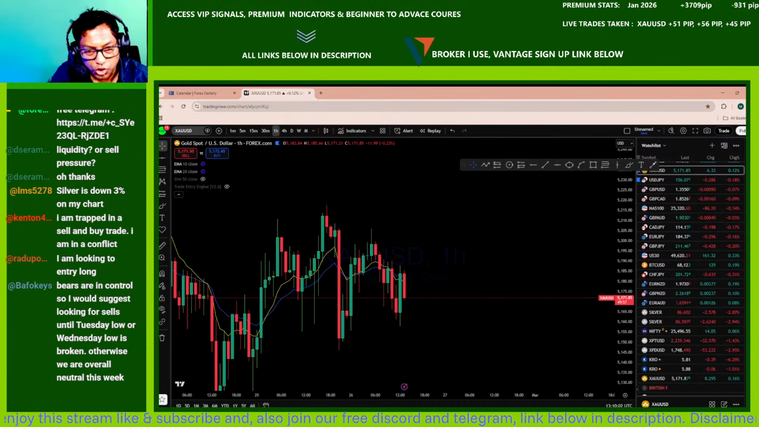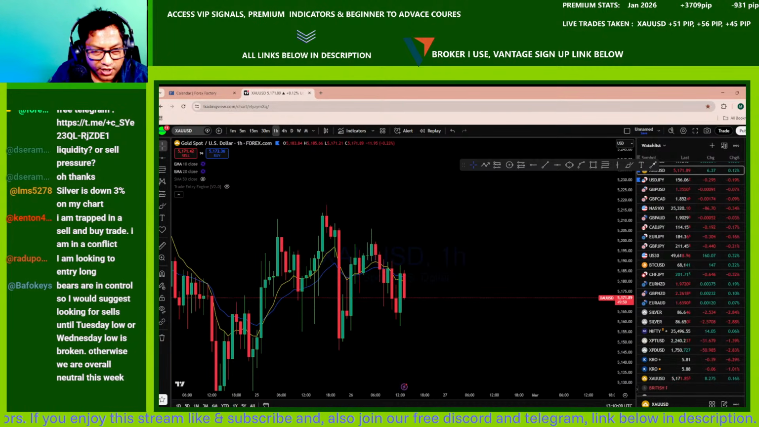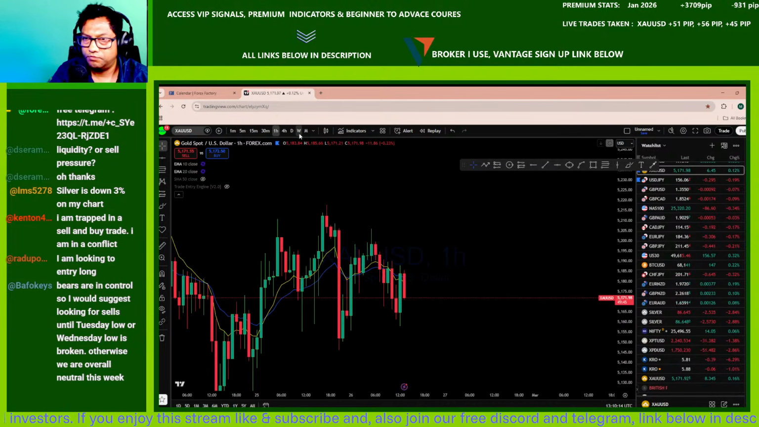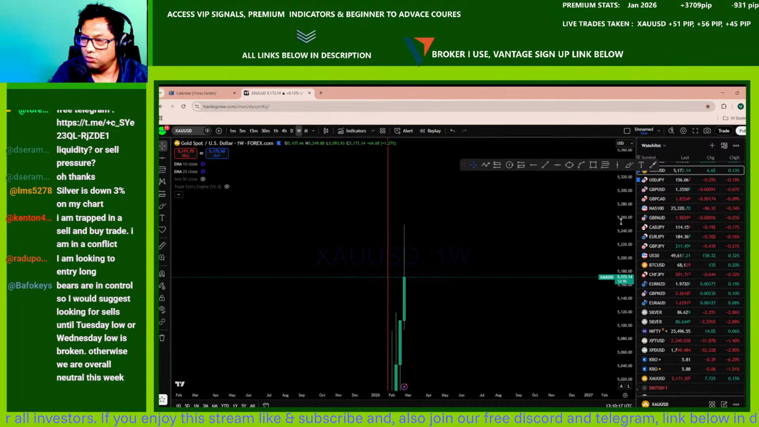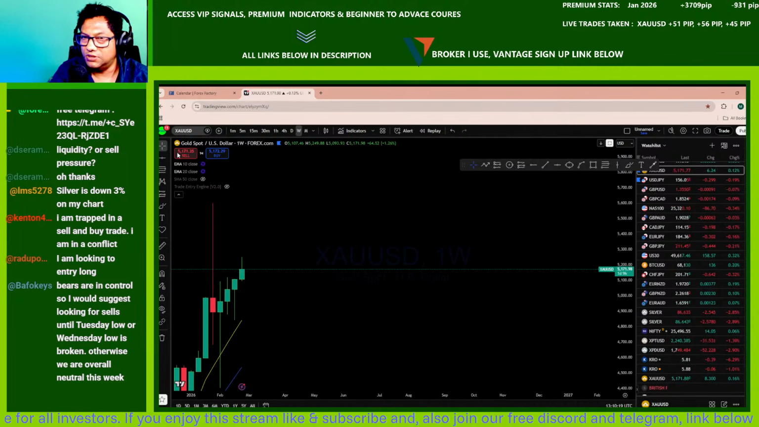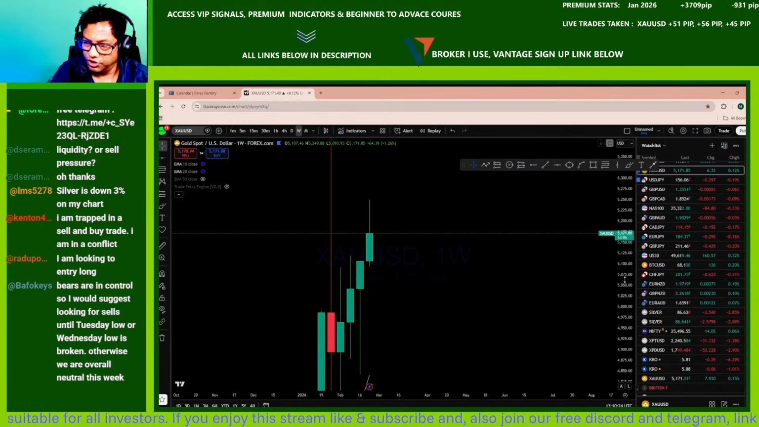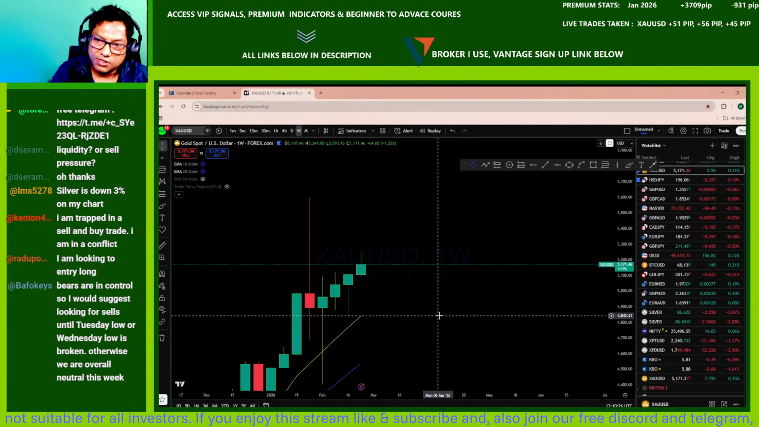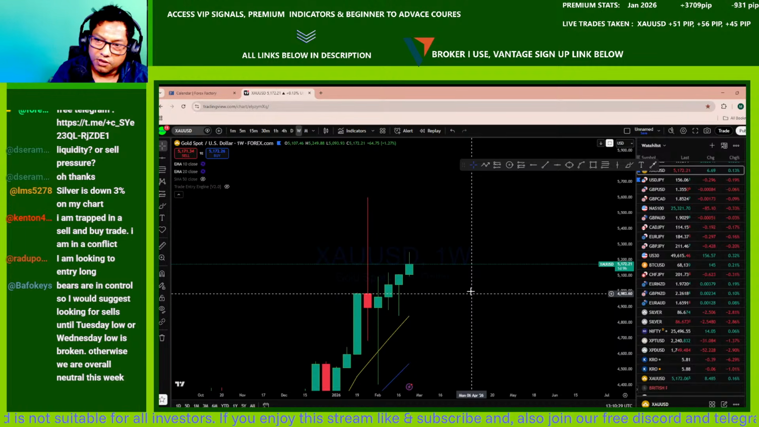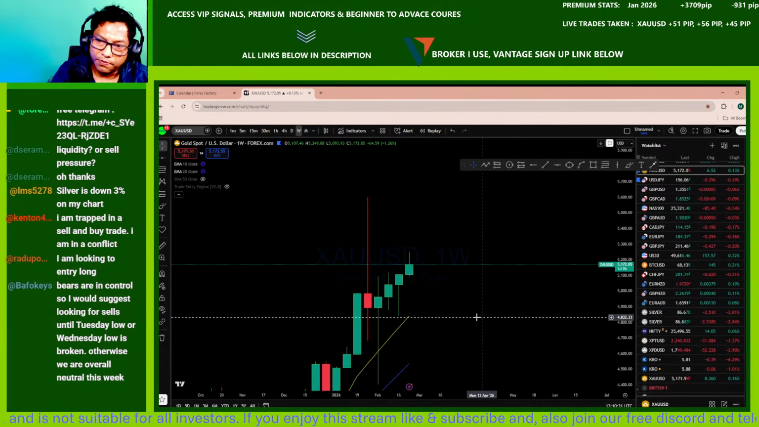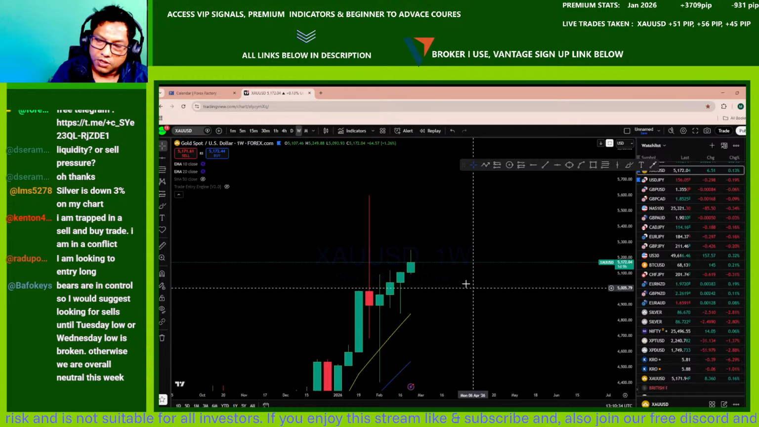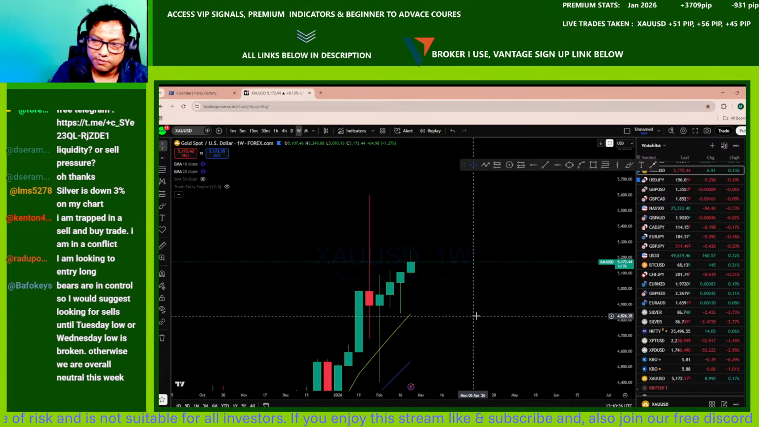Bears are in control, so I would suggest looking for sells until Tuesday's low and Wednesday's low are broken. Otherwise, we are overall neutral this week. For gold, I would still consider it neutral. There is potential for more because if you look at this pin bar, the previous weekly pin bar is